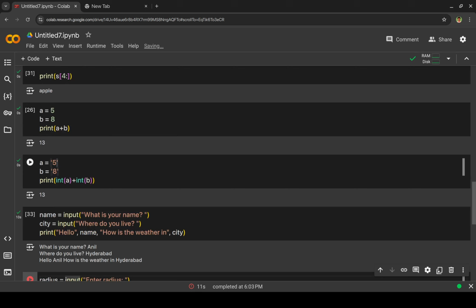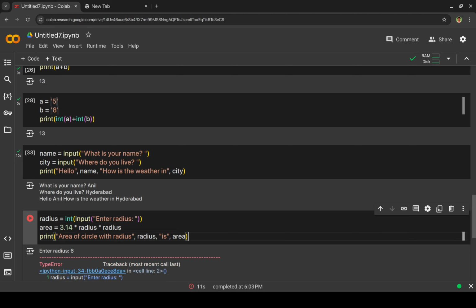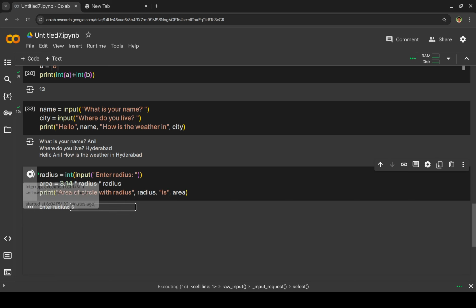We converted this string into an integer. So int of, so it's another way of saying just take the input and convert it to an integer. So now let's run it and see. Now I'll enter 6